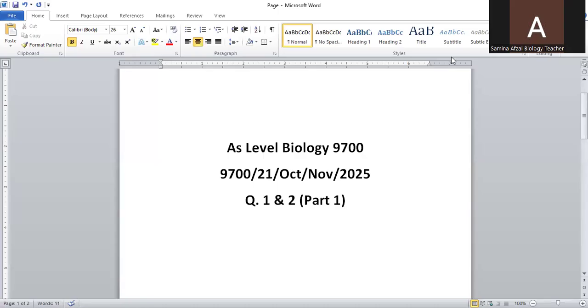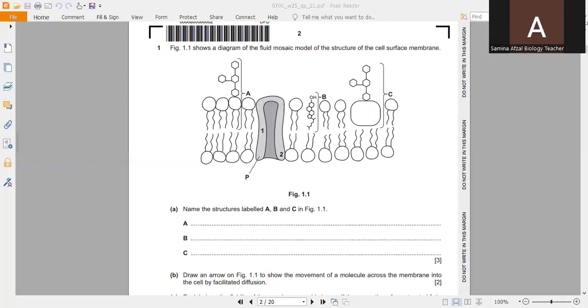AS Level Biology 9700 Paper 2 Variant 1, October/November 2025, questions 1 and 2, and we are moving towards question number 1. Figure 1.1 shows a diagram of the fluid mosaic model of the structure of the cell surface membrane. You can see the